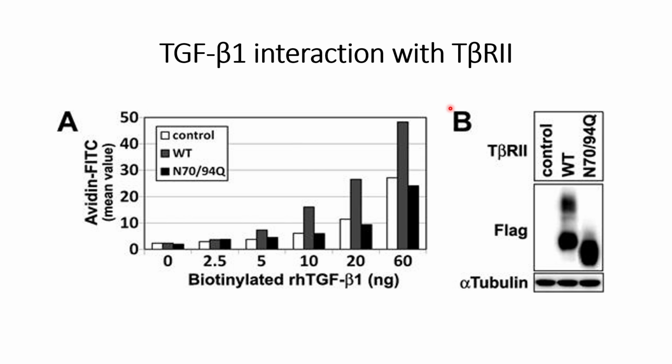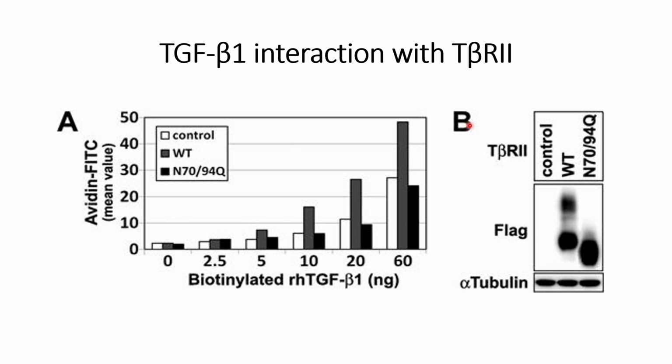However, the researchers also talk about one more possibility, that the double mutant is able to be expressed on the cell surface, but is not able to interact with TGF-β1 because of the deglycosylated condition, and glycosylation plays an important role in this interaction. However, the chance of that possibility is lower, because the confocal microscopy shows that in double mutant transfected cells, the T-beta receptors are predominantly found in the perinuclear region or in the